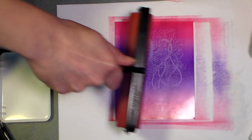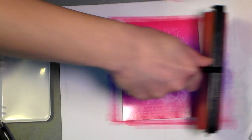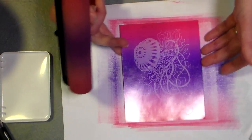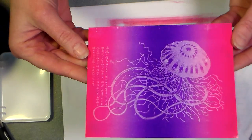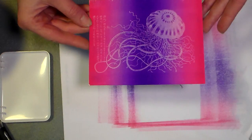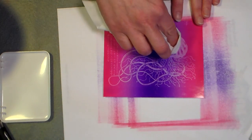All right, look at that. That is just so pretty and vivid. And I do find that after you let your card sit a bit, the brayer kind of blends out a little bit. You can look at that. So then you want to let your ink dry, and then you just kind of buff over it with a tissue. This is just a Kleenex. I don't know if it's dry enough. I don't want to,